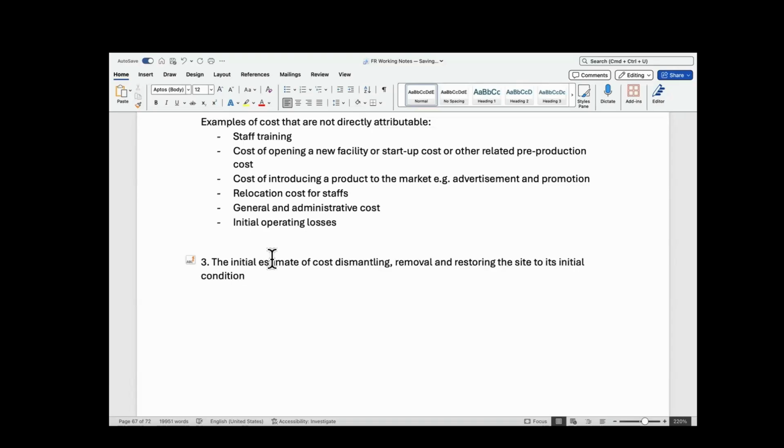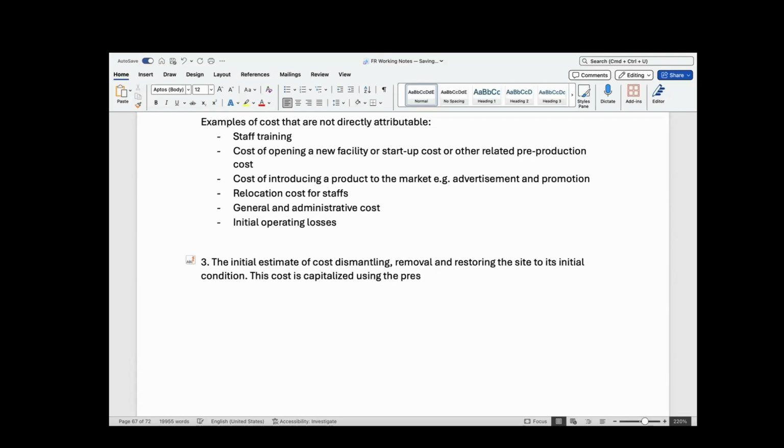So if you have to incur a cost of dismantling, removal, and restoring the site on which you place the asset to its initial condition, you need to capitalize that right from the outset. So this cost is capitalized